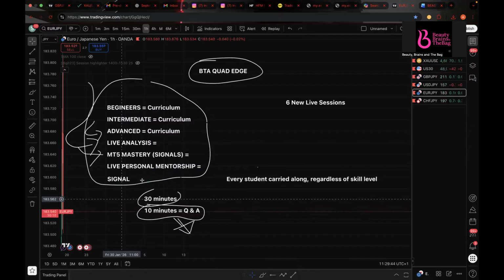So with the MT5 mastery class, they now take the signals, right? And then since they're swing setups that are far from the entry, they'll see it on time. And if they're using a zero spread account, they can just enter it as a limit order. And if there is a market location, they can put alerts. All of these things, of course, will be taught in the MT5 mastery class.